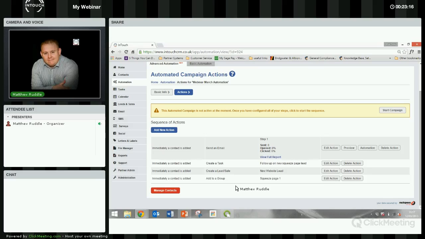So as you can see, it's very, very easy to actually add steps in. And they don't actually have to be all about email. They don't all have to be about communicating. You could actually have an automated campaign which just has one step that says, if somebody fills out this